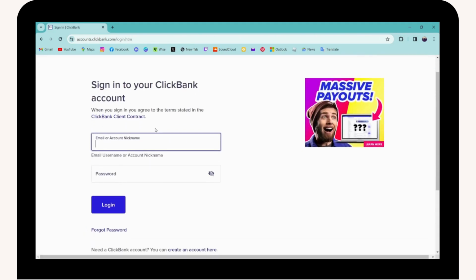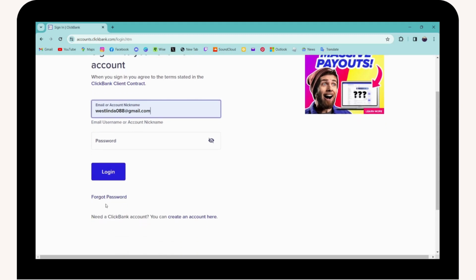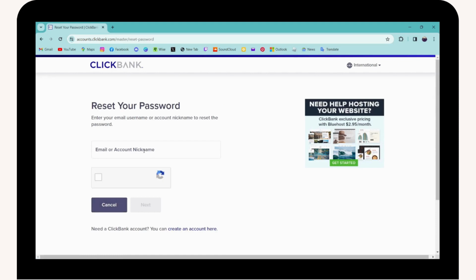So now to log into your account, first you need to enter your email address or your account nickname. And after entering your email address, you need to enter your password. But if you forgot your password, you will have forgot password option. You can simply click on that forgot password, and then you can enter your email address which you have used